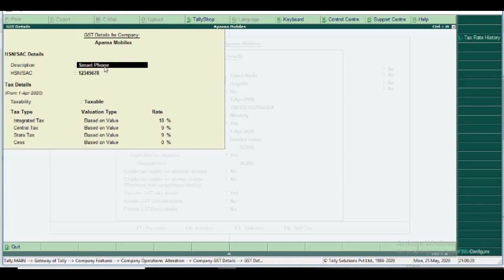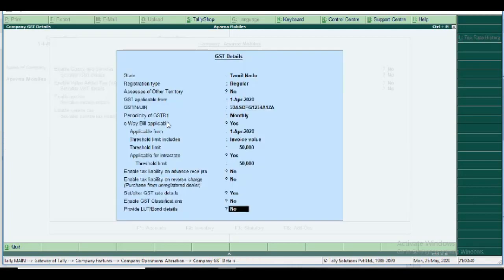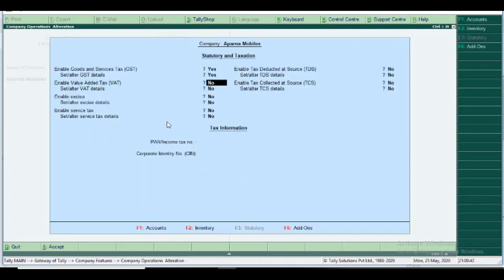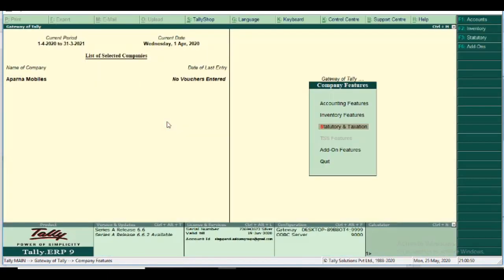Description as smartphone, and then the HSN or SAC number is an 8 digit number, so 1 2 3 4 5 6 7 8. Then integrated tax as 18%, and then you accept. First subscreen I accept. Again I accept in F3 Statutory and Taxation. Please note that.